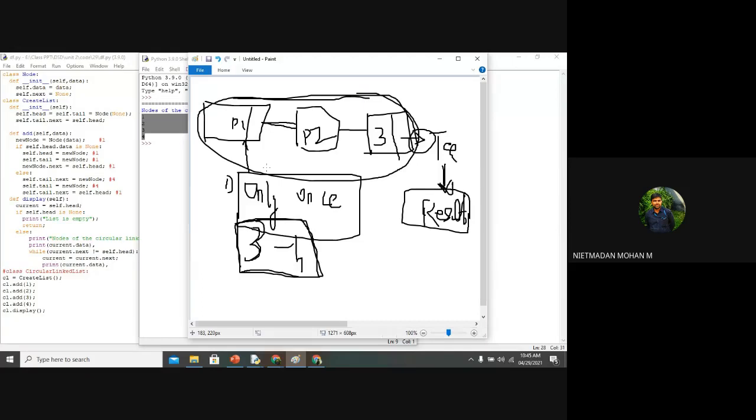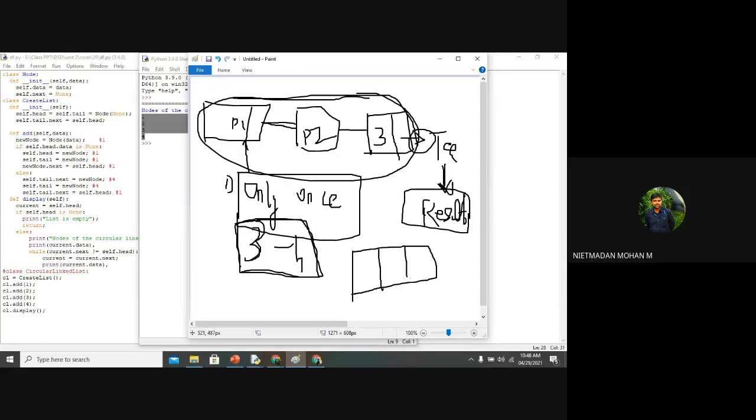From this point of view, the output will be the same, but the condition and the operation that you are going to do inside the program will differ. Whatever you get, the output will be the same, and based upon the user requirement, the developer chooses whether to go with the singly, circularly, or doubly linked list. The doubly linked list we will discuss in the next class. That is even easier than these two.